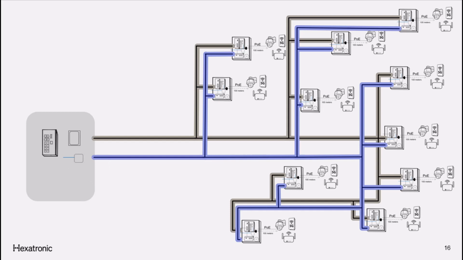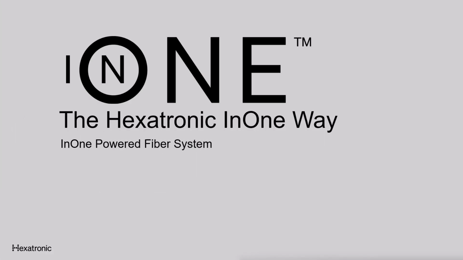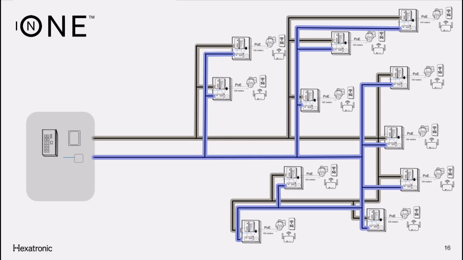Summing up the traditional method, building such a network infrastructure can be both costly and time-consuming. Fortunately, there is a less complicated, quicker, and simpler alternative available. Let me introduce you to the Hexatronic in-1 powered fiber solution, a momentous change in the realm of power and data infrastructure. To illustrate the Hexatronic in-1 solution, let us commence our exploration from where we concluded the traditional installation